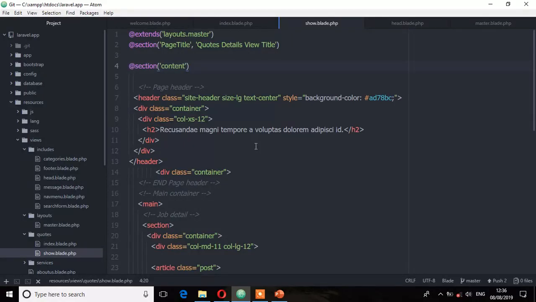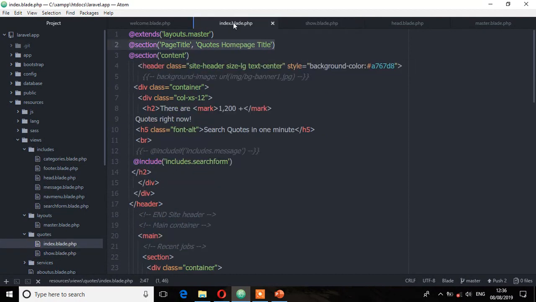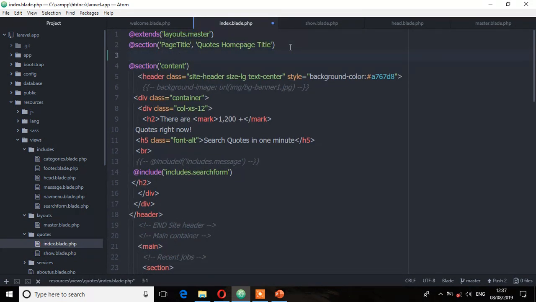Welcome back. Now we're going to look at how to add a page description for each individual page that we have. So let's see how this is done. The same way we have done with the page title, we are going to do the same. So let's start with the index view or the home page, and I'm going to create another section for the